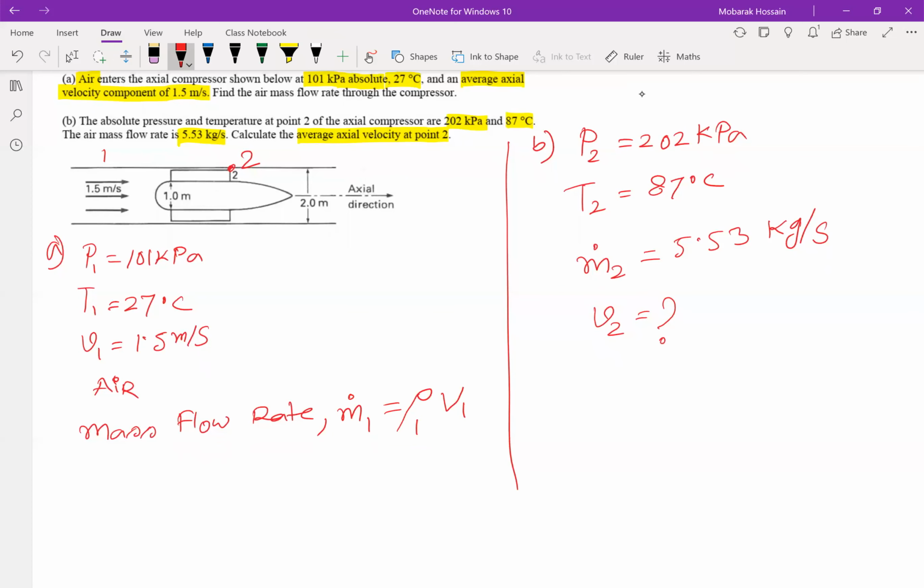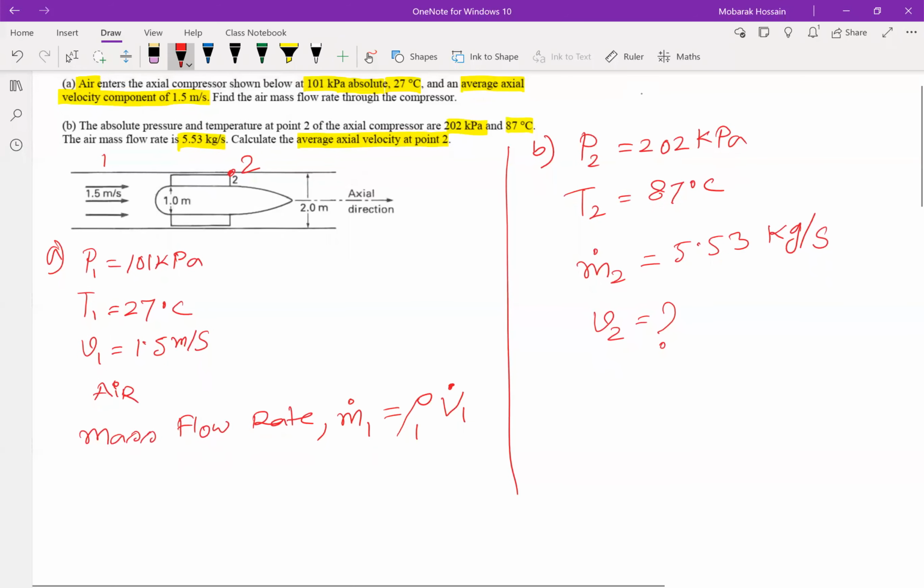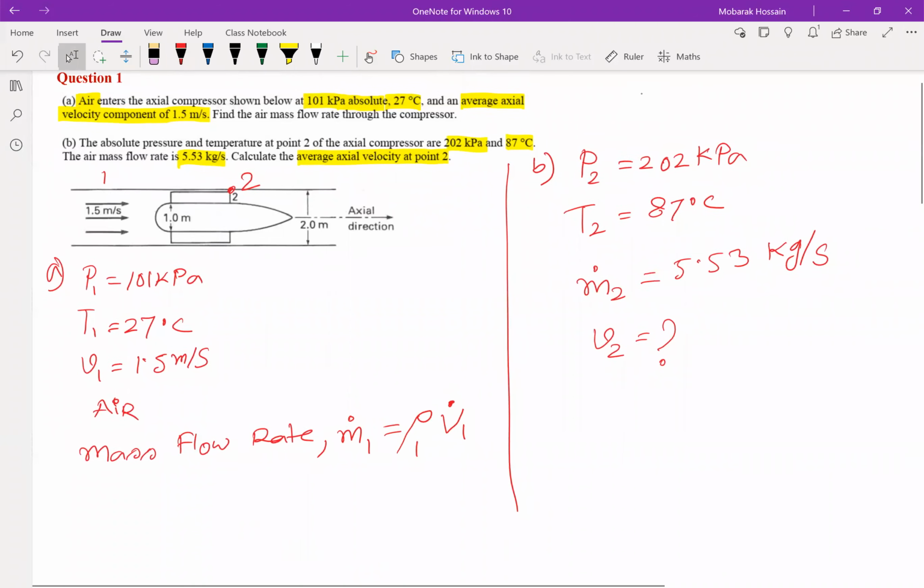So we need to find the density at point 1 and the volume flow rate at point 1, then we can find the mass flow rate. Now air is an ideal gas,